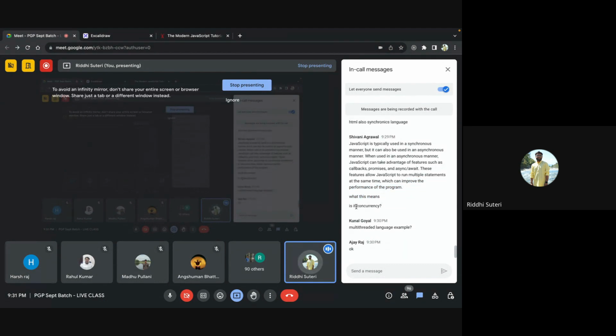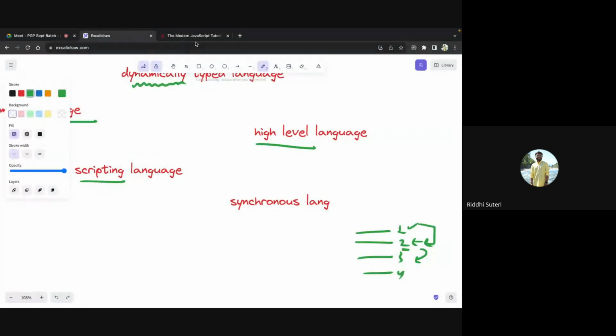Oh no, I shouldn't say it's concurrency. I would say that it's basically right. It does not perform all your asynchronous tasks while you are performing your synchronous task, right? If I just have to give one example of how JavaScript will manage those pending tasks, those tasks which will take time, JavaScript will keep them aside, and once your normal tasks are done, then JavaScript will execute that.